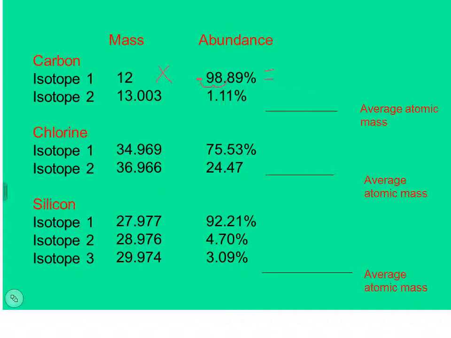So if we take 12 times 0.988, okay, remember this is a decimal point, 0.988, we get 11.8668. And we're going to ignore sig figs for a little bit here. Now we're going to do a second isotope. We're going to take 13 times this percent changed to a decimal. So we're going to have to move it 2 places. So we have a decimal point here. And don't forget you have to add a 0 in here. So 13.003 times 0.011 gives us a number that looks like